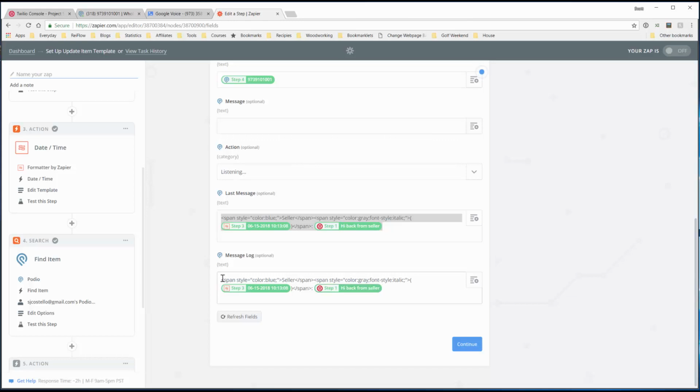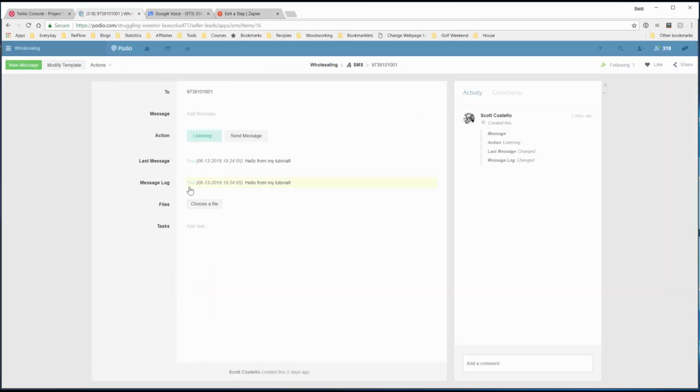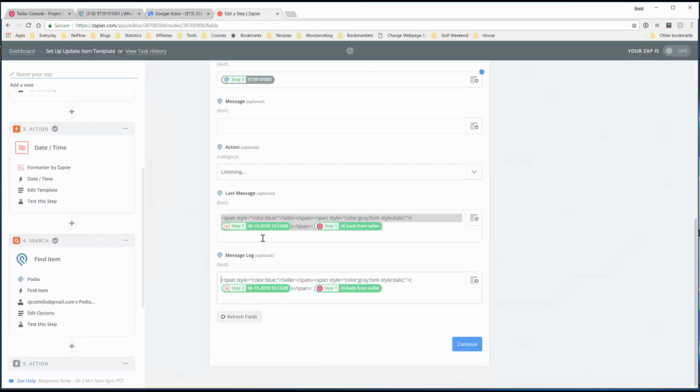One more thing we have to do, however, is if we just did this, we would write over this, and all you'd get is the one message, and it would be exactly like the last message field. What we want to do is preserve this message and then concatenate, or add to it, the new seller message on the next line. To do that is not too difficult. We'll come to the beginning here, add a return, a new line,